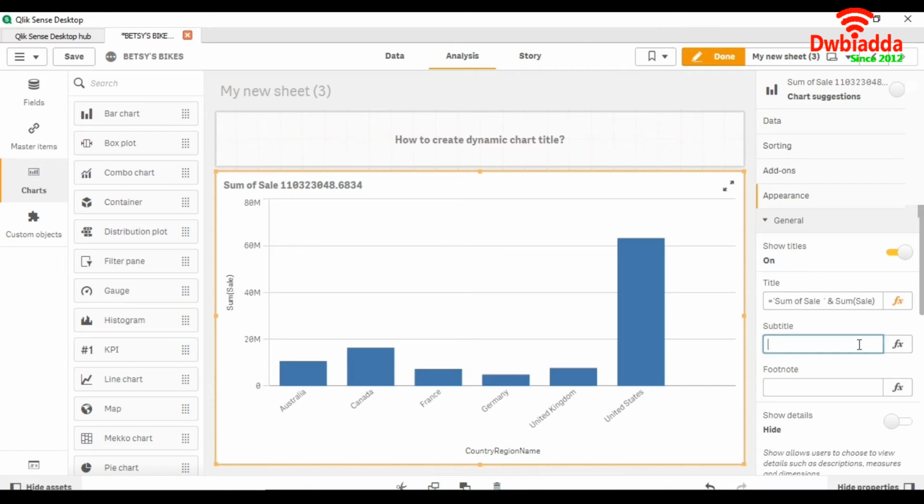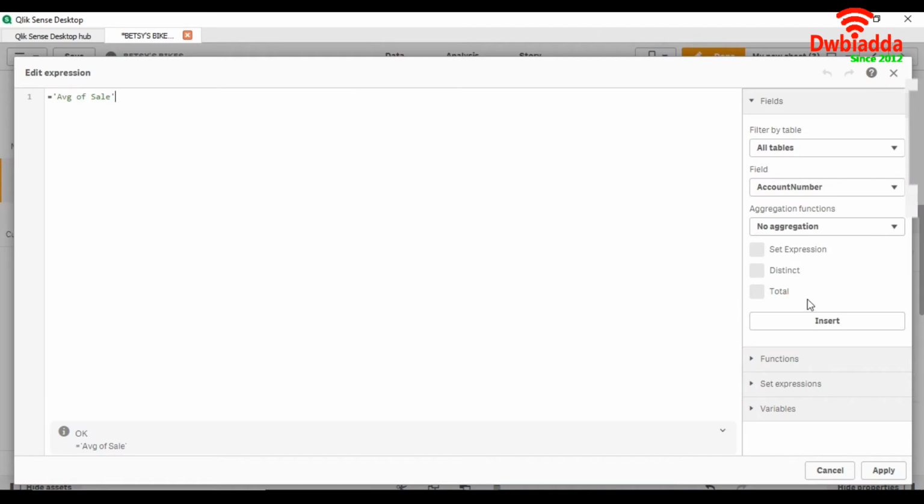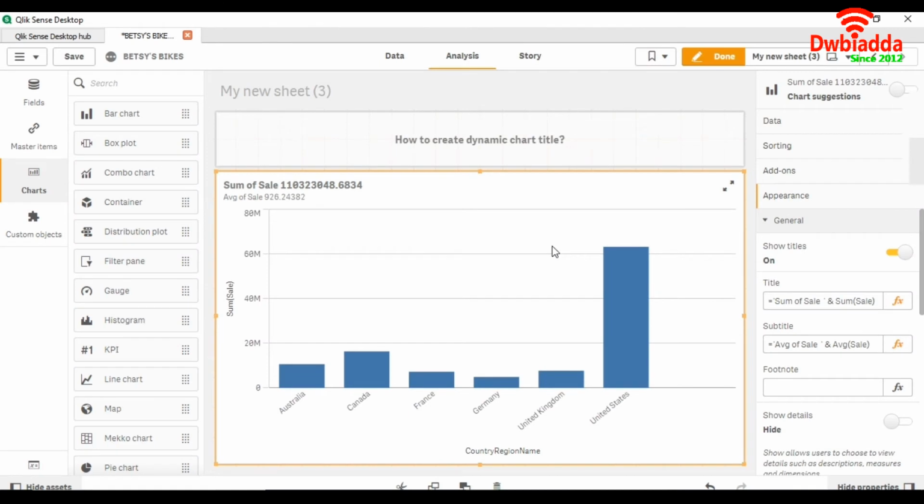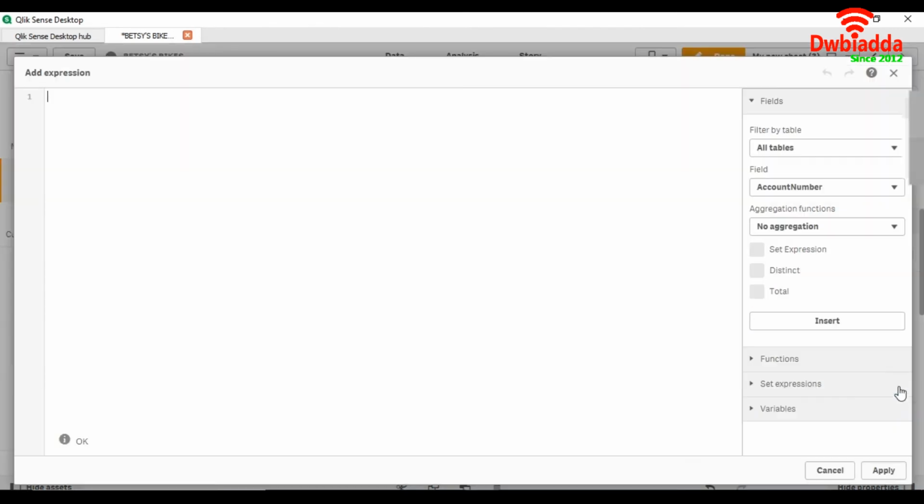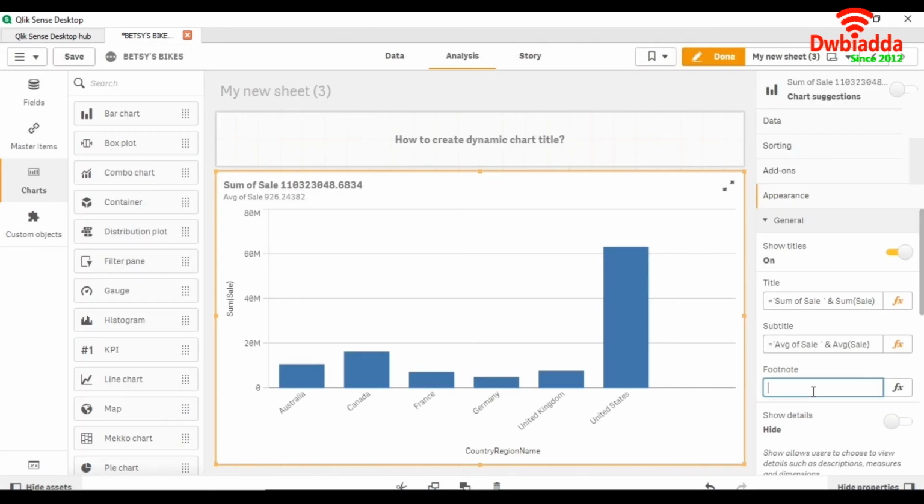In subtitle we can say average of sale, and by pressing this function expression button we can get average of sale. As you can see here, average of sale, and in footnote we can count the customers,